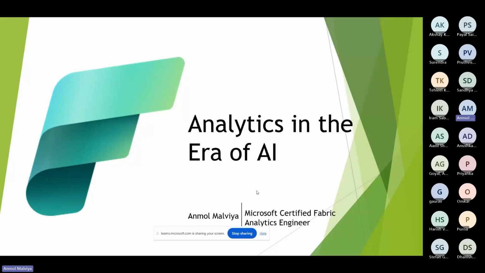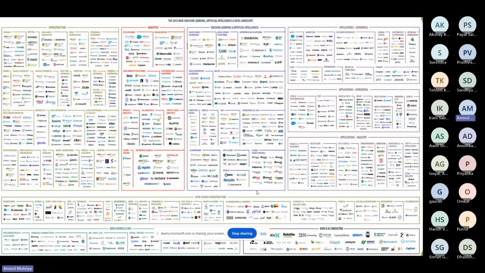Basically, Microsoft Fabric is a tool where Microsoft has combined all its technologies, like Power BI, Azure, data lakes, lakehouse, warehouse, everything. If we talk about the definition, simply Microsoft Fabric is a platform which provides the customer with a software as a service enabled, open, and lake-centric, fully featured platform which will help data analysts complete an end-to-end project. I'm going to share an image which contains the list of various tools used in the industry.